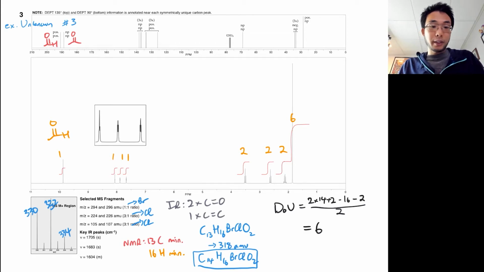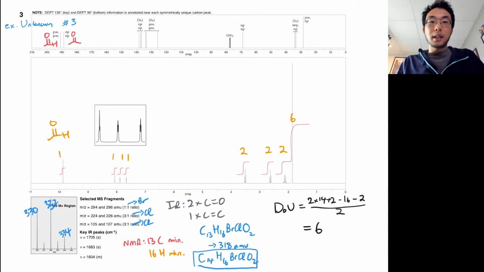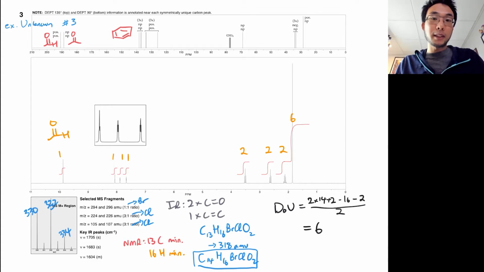Okay, let's see what other information we can learn from the carbon NMR. In this 100 to 160 ppm region, I have 6 signals. This is generally the alkene and aromatic ring region, and just the fact that I have 6 signals is very strongly suggestive of a benzene ring. Not just a benzene ring, but a benzene ring that is not symmetric, such that all of its 6 carbons